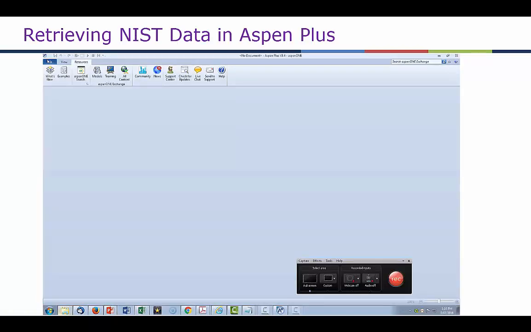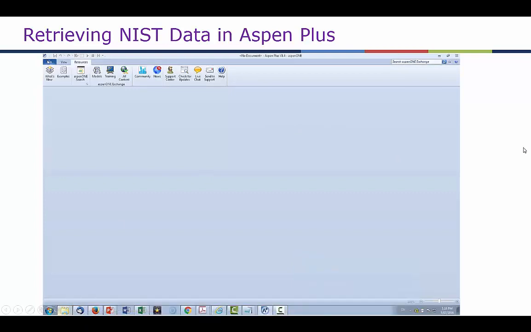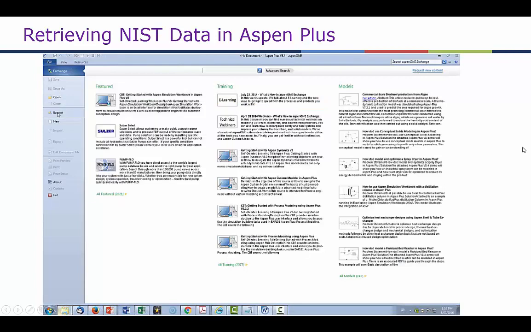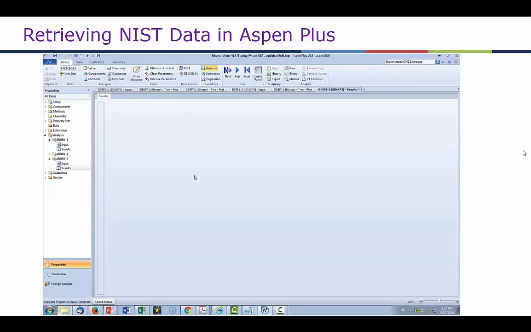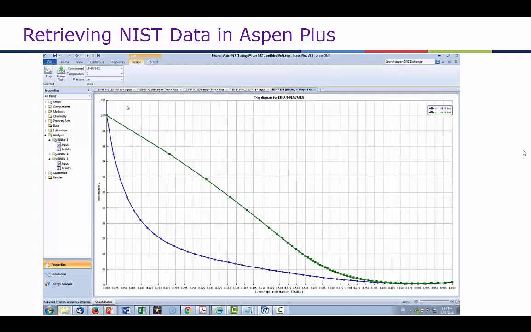Finally, let's see if we can retrieve the experimental data itself from Aspen Plus. So here we have a screen capture of how to retrieve NIST data. Instead of checking Perry's Chemical Engineers' Handbook, we can just use this. So I'm opening the previously opened file for the methanol water vapor liquid equilibrium. Let's close the previously opened